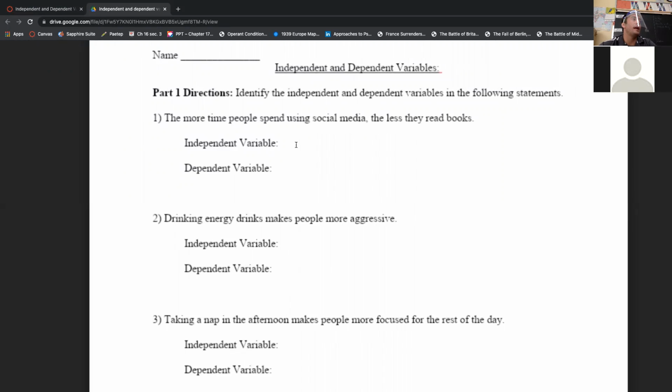What do we have for the independent variable with this hypothesis? What do you think? What's interchangeable within this study here? What do we think? Allison, what do you think for the independent variable? What's interchangeable for number one here?